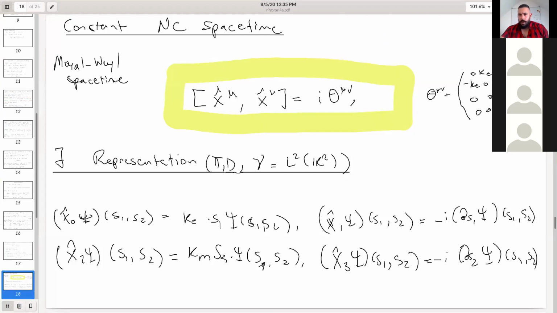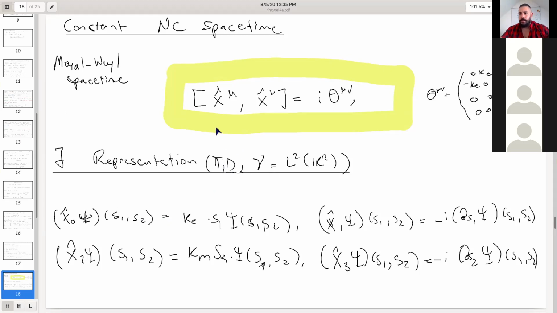So now I'm going to define this quantum field theory on this non-commutative spacetime. The Moyal-Weiss spacetime, I showed it to you now many times: the commutator of x hat mu and x hat nu is equal to i theta mu nu. And for that, there exists a representation, which means,